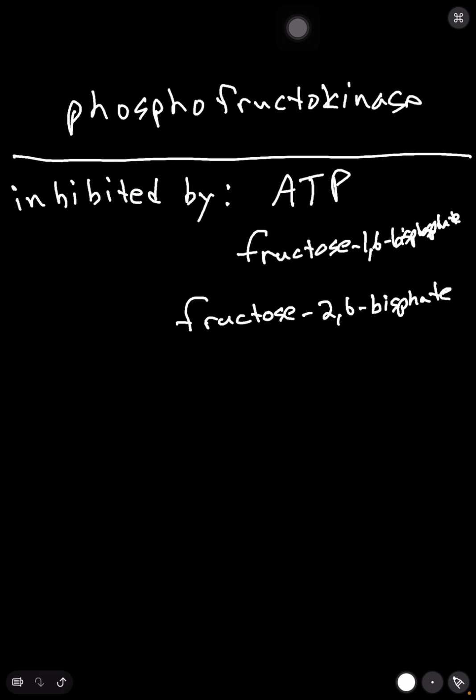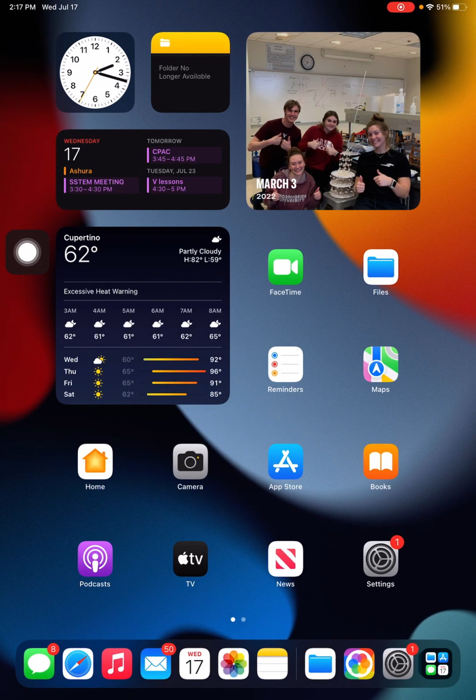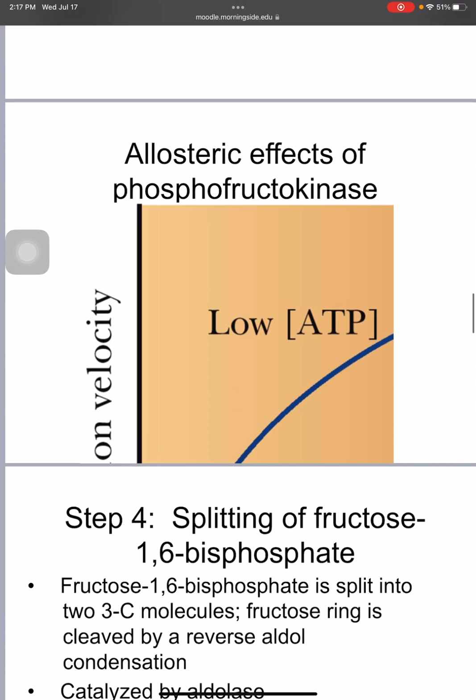So all these act to inhibit. If you're to look at an enzyme kinetics plot for phosphofructokinase, it's going to look awfully familiar. Well, again, on my iPad it looks terrible, but if you look at it on a computer, you'll see, just like we saw previously in enzyme chapters, you have certain conditions where it can look more hyperbolic in shape